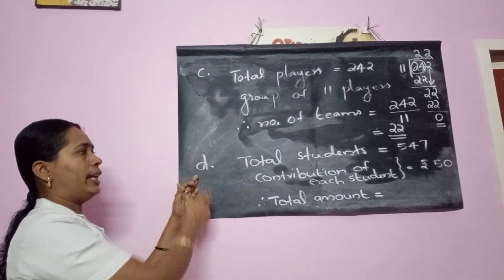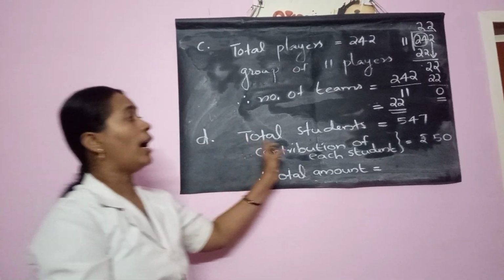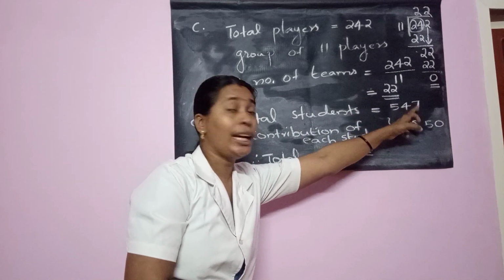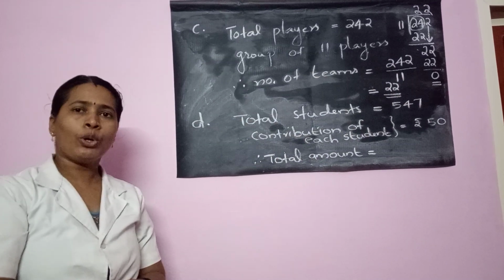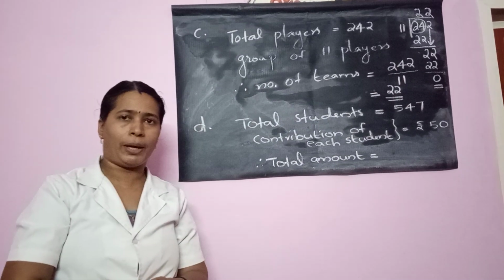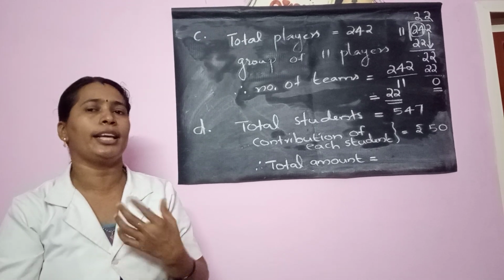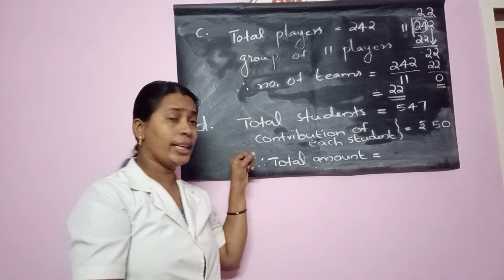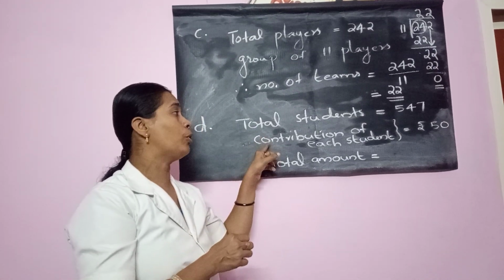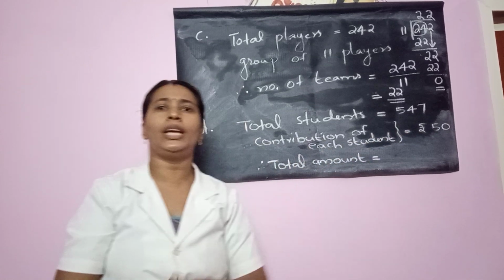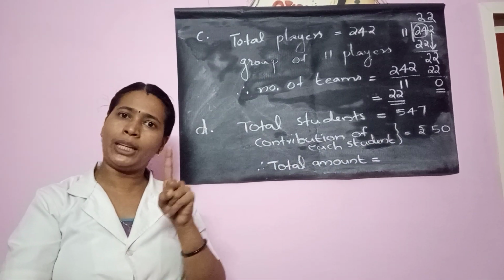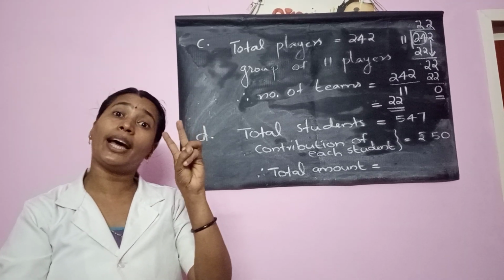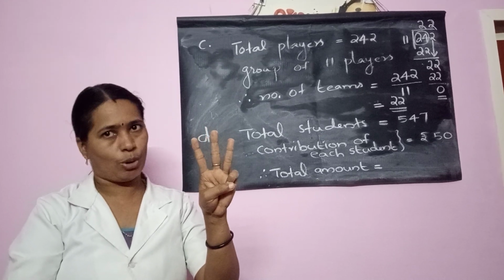In question number D, they told us that there are how many students in a school? 547 students are there. So when for charity or some other purpose, usually we are collecting some money from the students, isn't it? Already you have paid it, isn't it? But here the school told you that you have to pay how much rupees? 50 rupees needed. So one student means 50 rupees. If there are 2 students, how many rupees needed? 100. If there are 3, 150 and so on, isn't it?